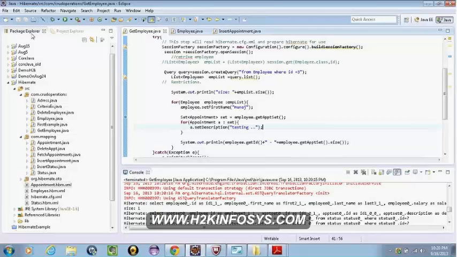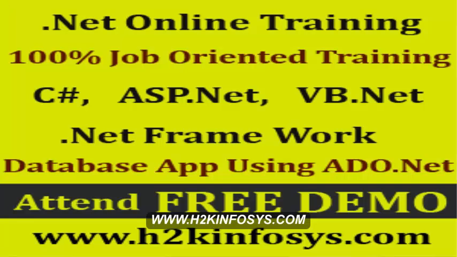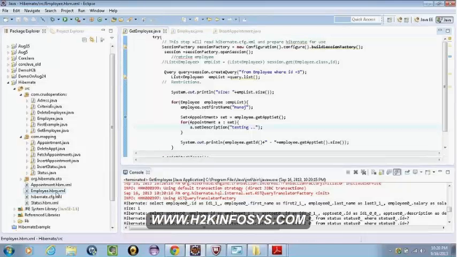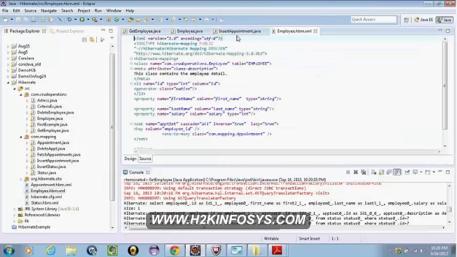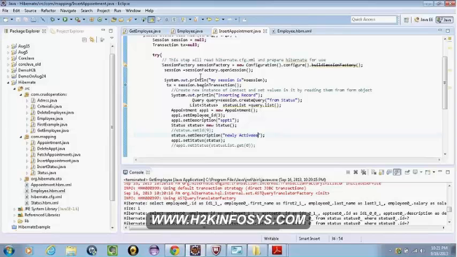When I inserted the appointment, it inserted the status also. Yeah, but where does that 9 come from? It's an auto-incremented field? Yes, it is auto-incremented, right? The ID in the status is auto-incremented. Now, if we run it one more time, it will be 10 over there, and you can insert it. Yes.